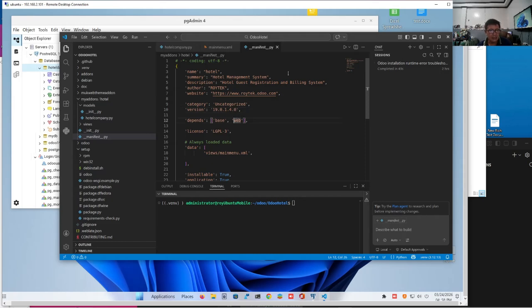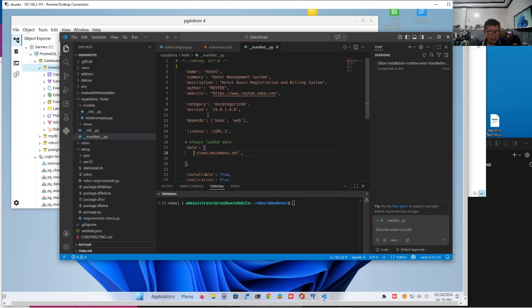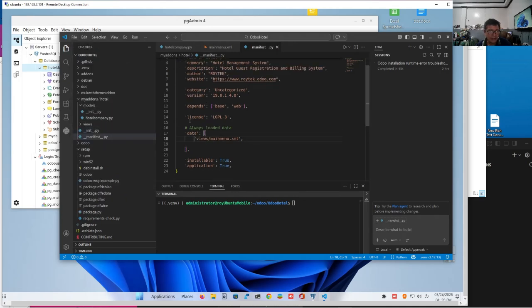Depends. Base means the Odoo base, and then web makes it a web component, and then the list of all non-Python components are listed here. By the way, this is Python, so therefore we have to indent properly.